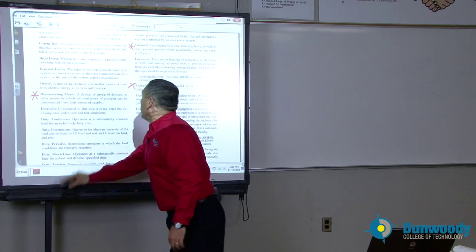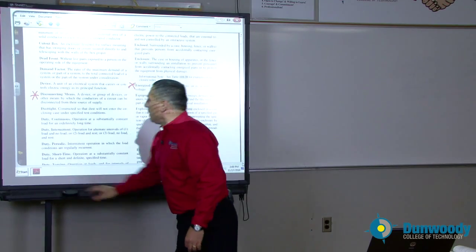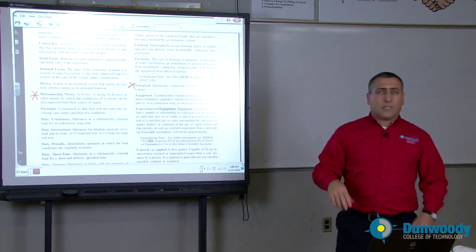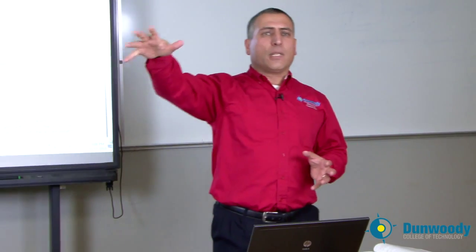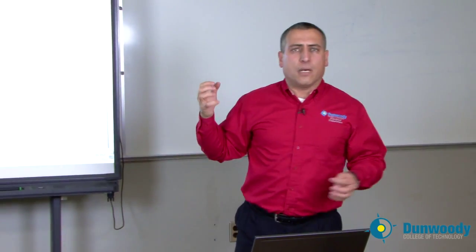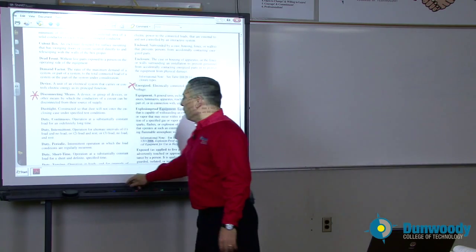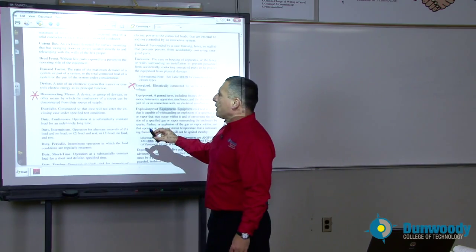Energized. And disconnect is meant to isolate the equipment completely so you can do maintenance on it. So when you stick your fingers in to clean something, your fingers will come back with you. Otherwise, if you don't have an isolating disconnect, that machine could be energized remotely. So that disconnect completely isolates the system.